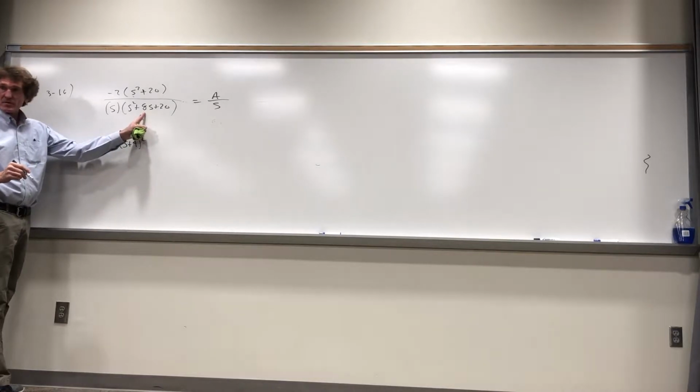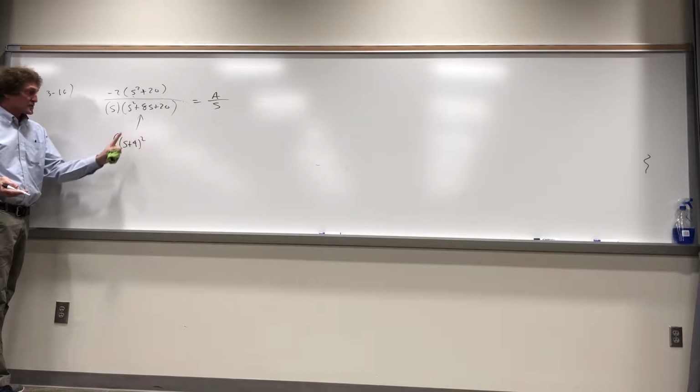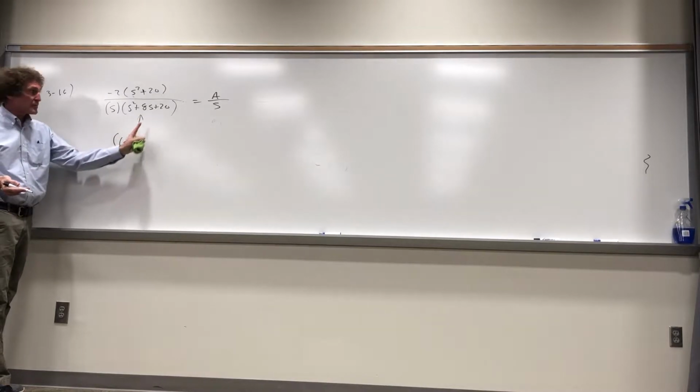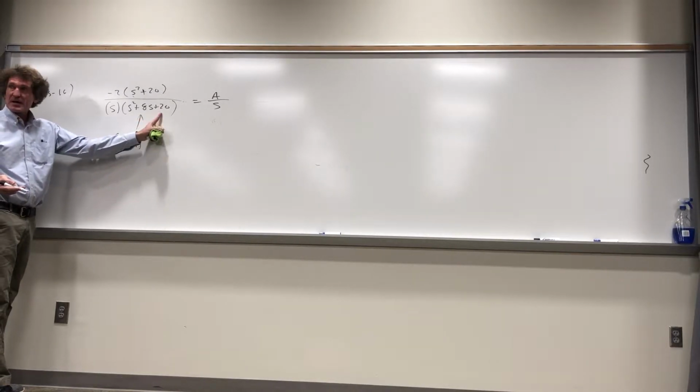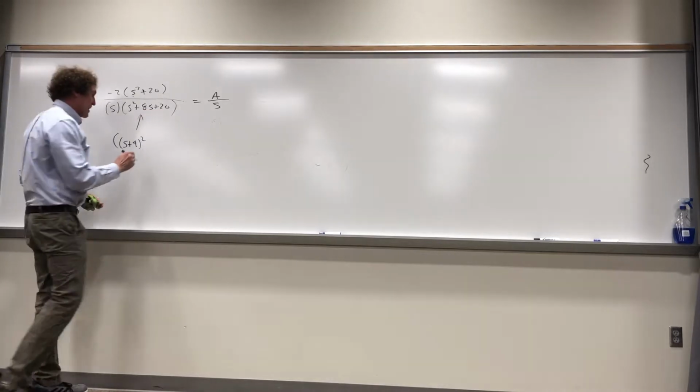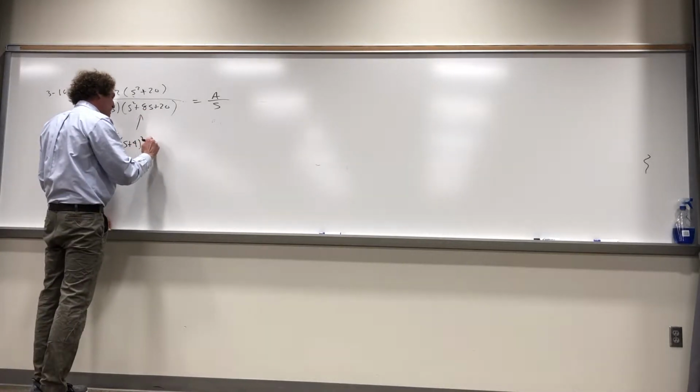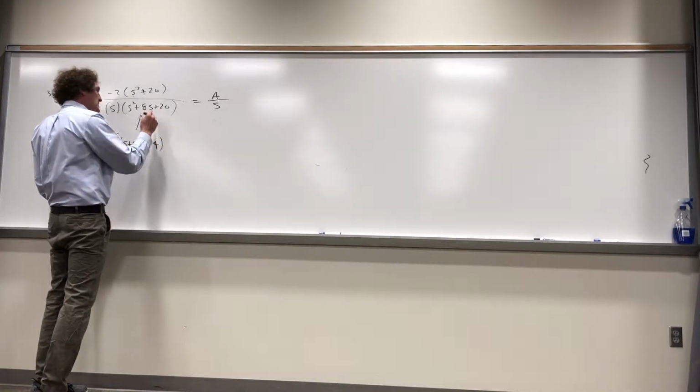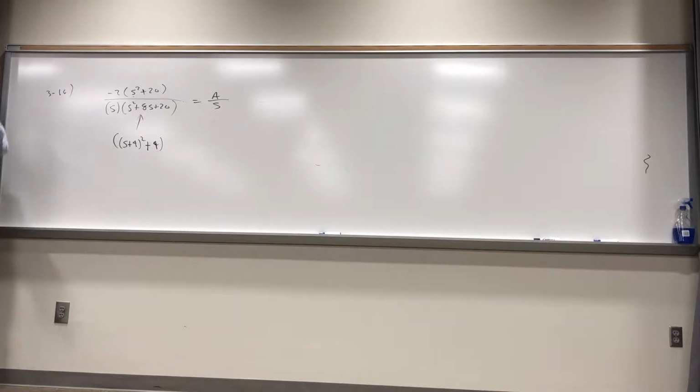Now, what is this? That's quantity S plus 4 squared, right? Remember, take the middle term, the coefficient of s, divide by 2, it's 4, so it's s plus 4 squared. I'm left with 16, but I got 20, so I have to add 4 right here. Don't I, class? I'm completing the square. This is very important. When I see an s plus 4 squared plus something,